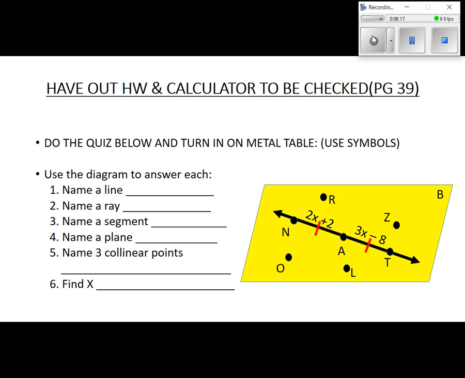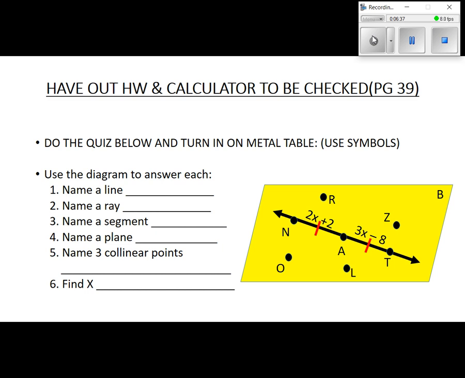Something like that. Notice, is there a line NT in this picture? Is there a ray NT in this picture? Yes. Is there a ray or a segment NT in this picture? Yes. All that matters here,